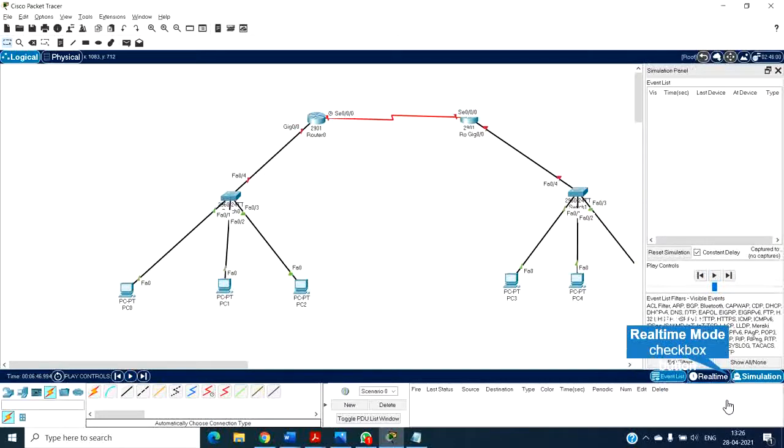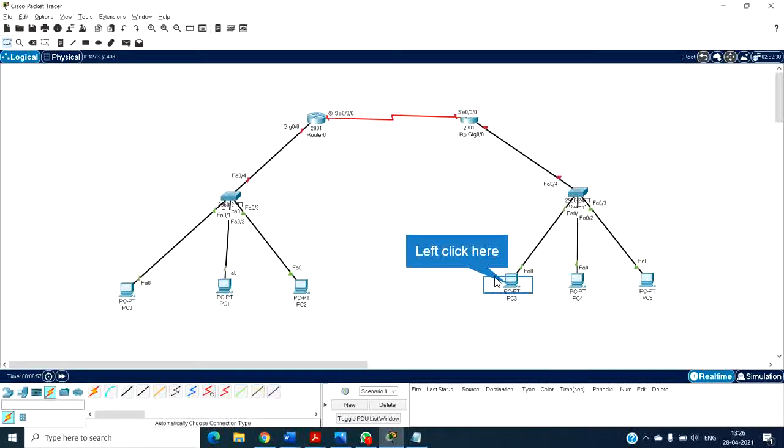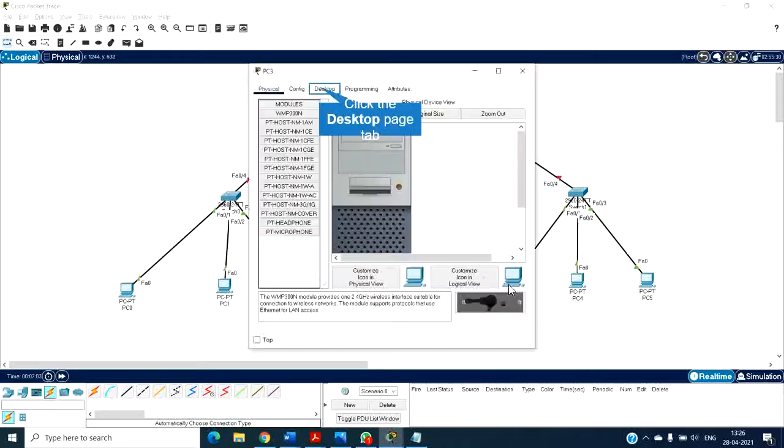Now let's do the second scenario, wherein I'm going to divide the network into two different subnets and have a packet transfer from one subnet to another. Sorry, same network but two different subnets together. So before that, I'll have to configure the IP addresses.